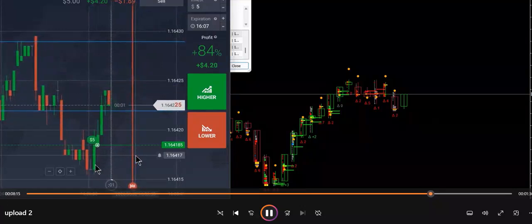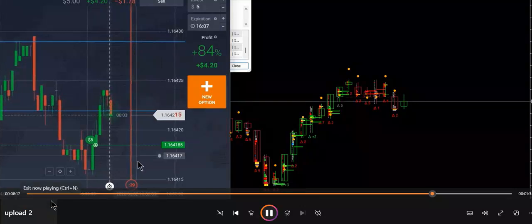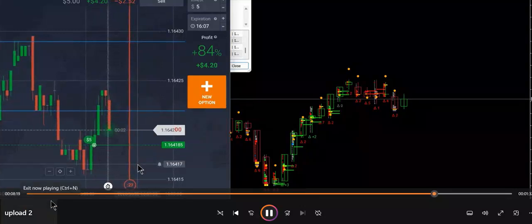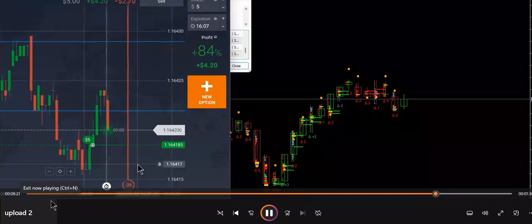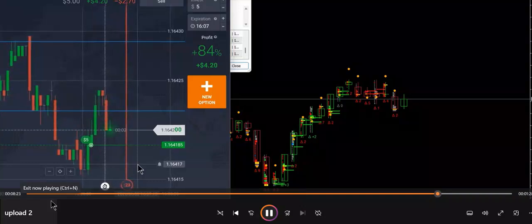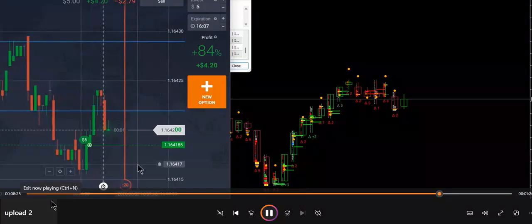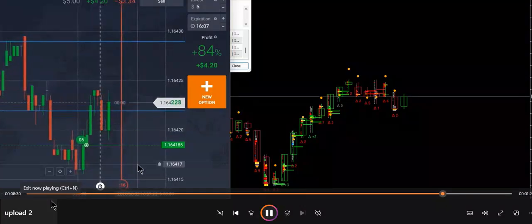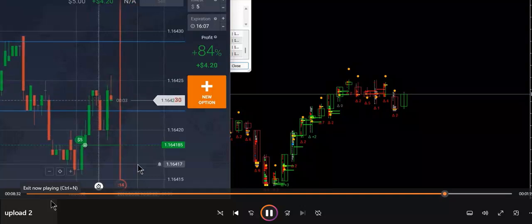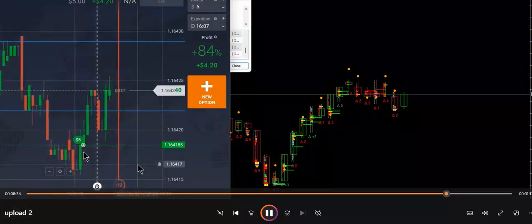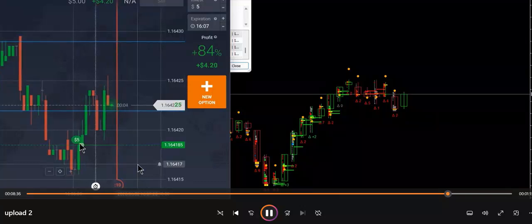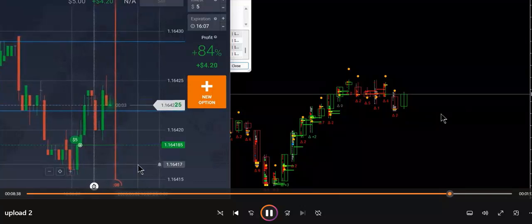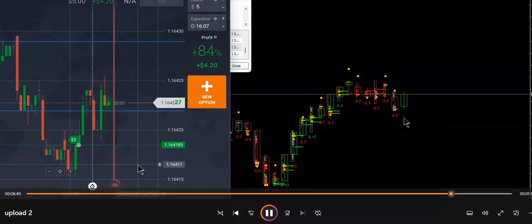Okay, with the experience you will learn how to take the buy trade after a seller candle and how to take a sell trade after a buyer candle. But initially, you focus on the rules only. This gave me this 5-second confirmation and I placed the trade because this 5-second